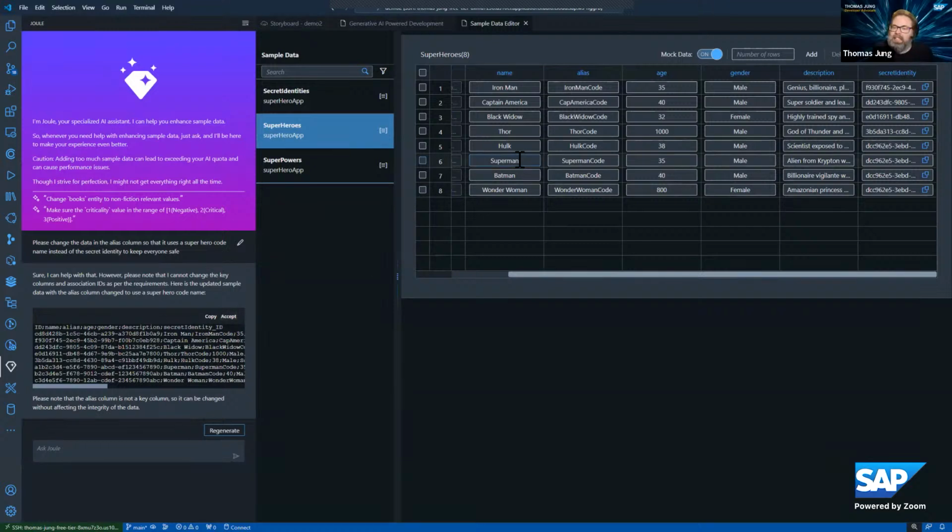So this one did finish, and it did something a little different. It didn't quite understand what I said by code name, because it actually took the name and combined it with the word code. Yesterday I must have said nickname or some variant of the prompt, and it generated a cute little short nickname for each superhero. So you see how prompt writing is really important, because a little difference in wording that meant the same thing to me meant something different to the AI. But we'll go ahead and go with this. At this point, I want to show you that this application is ready to run, basically.